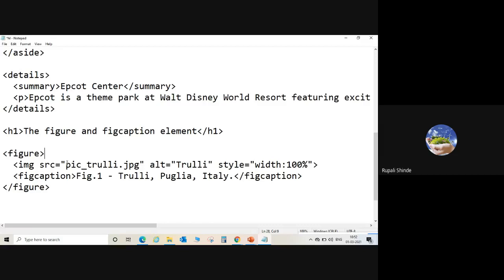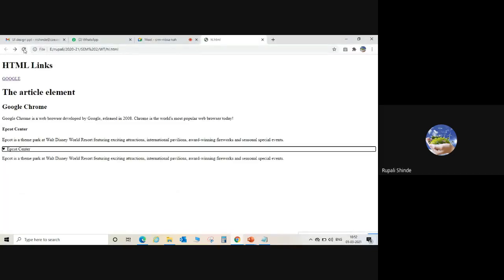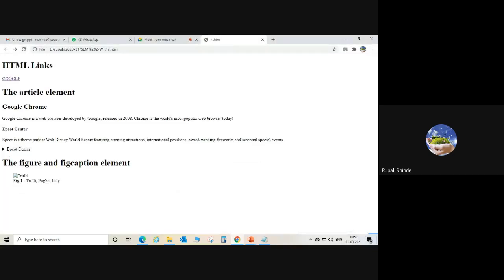Are you getting it? So we have to check how it is going to execute. But actually this image is not available in the file. We are going to check what happened. It may take online. We just have to refresh. The image is not available, so we can add the image.